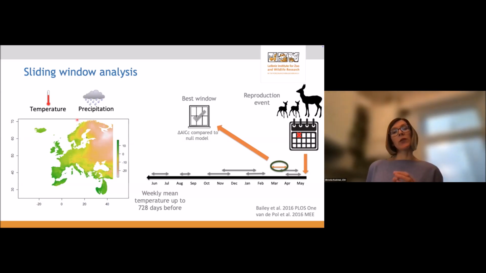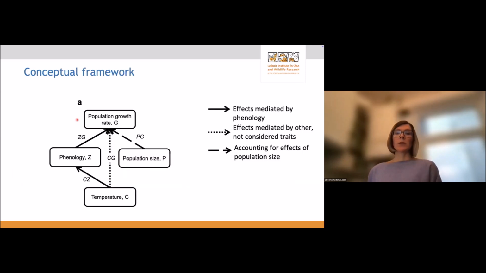For the sake of staying short, I will focus on our findings for phenological responses to temperature only in the remainder of this talk. So here is a bit more detailed path diagram that we used in our structural equation model. What we are mainly interested in is this black solid line arrow, as already explained before.